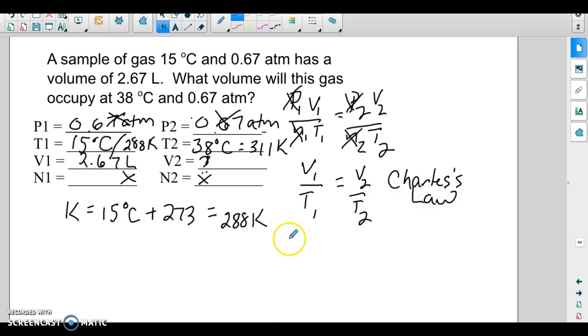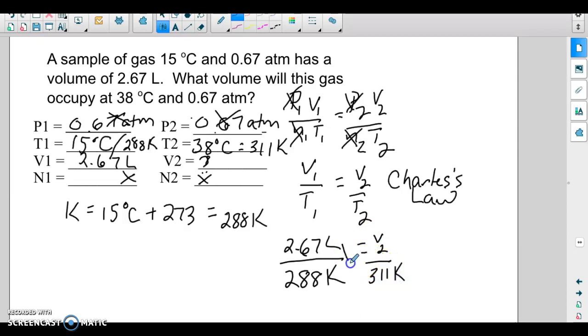So then I can just plug in the 2.67 liters over the Kelvin temp, equals V2, my X, over the Kelvin temp. And I cross multiply here, and then I divide by 288. So V2 ends up being 2.6